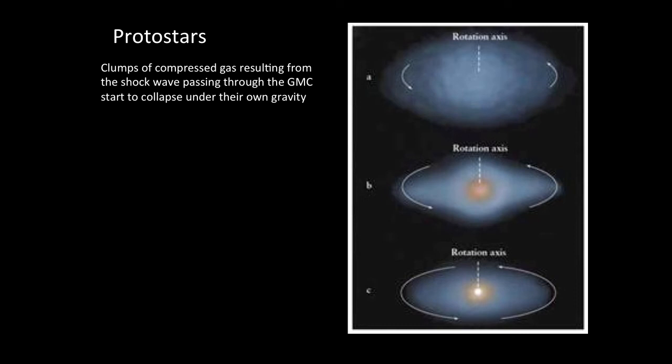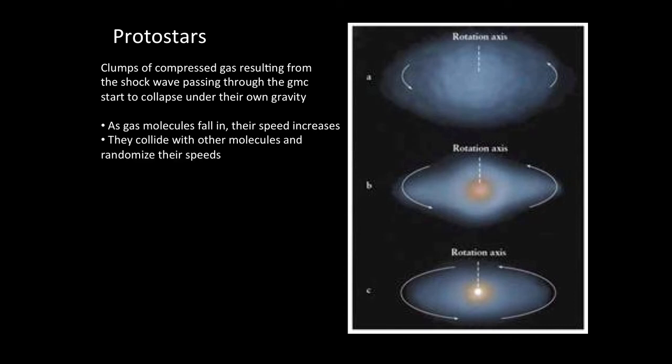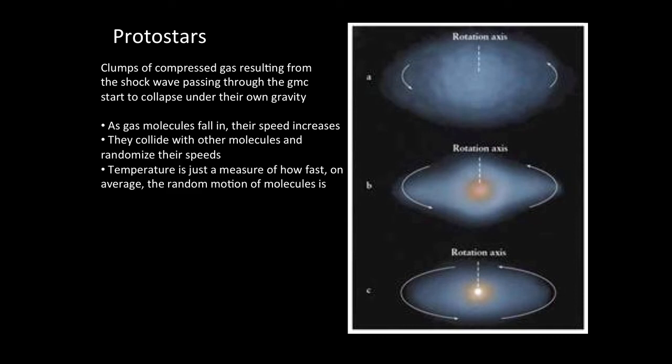next? Well, the clumps of compressed gas resulting from the shock wave passing through the giant molecular cloud, as the gas molecules fall inwards, their speed increases, and they will collide with other molecules and randomize their speeds. Therefore, they heat up. Gravitational potential energy is being converted into heat energy, just as the virial theorem says it would. As the cloud collapses, its temperature increases, and the central part of the star in particular will become very